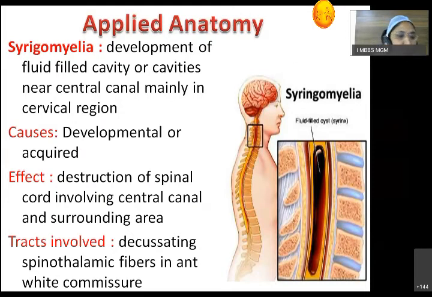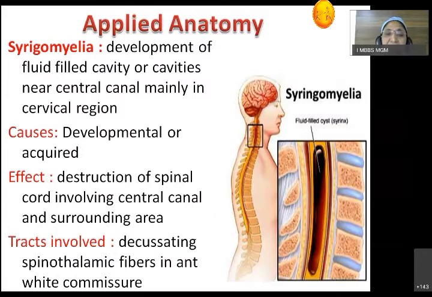So in syringomyelia, there is development of cavity or cavities in the central canal or around the central part of the spinal cord. Why does it occur? It may be congenital or it may be acquired. In congenital, there is again a syndrome known as Arnold-Chiari syndrome, which is related with the pathology in the posterior cranial fossa, or acquired causes like myelitis, meaning infection, inflammation of certain tissue of the spinal cord. These are the causes which are responsible for syringomyelia.